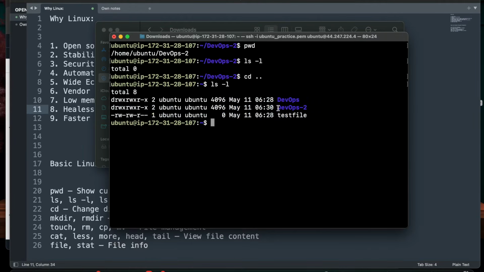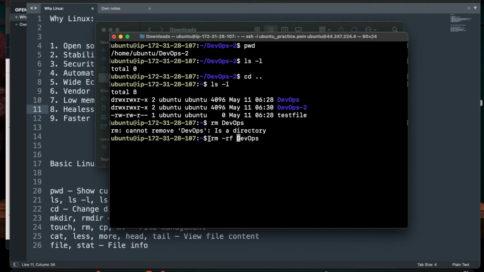If you want to remove this directory, you can run the command rm. You can run this command for directories and files as well. But if I run rm with the directory name, it says you cannot remove DevOps because it's a directory. What you can do is add -rf.